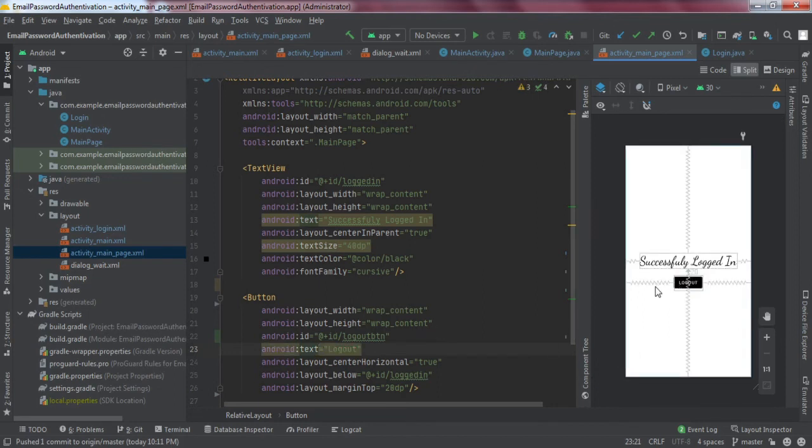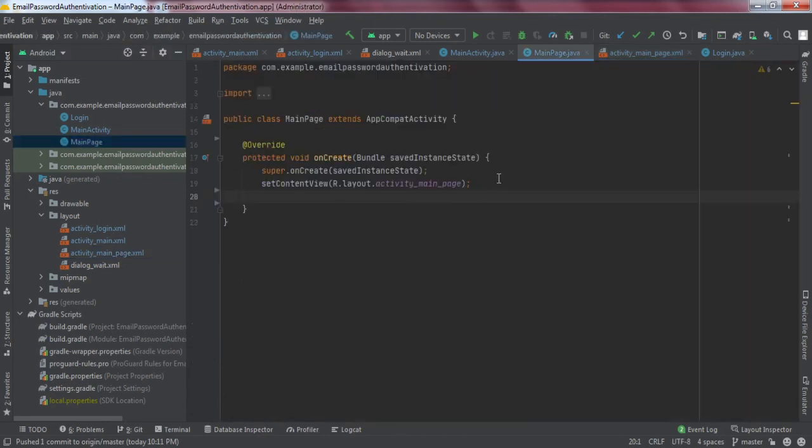I just made a button saying logout. Once the user clicks on this button, the user will be signed out of the account, right? So we'll just quickly write the code for this as well.